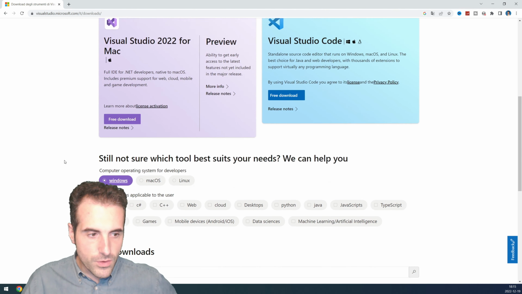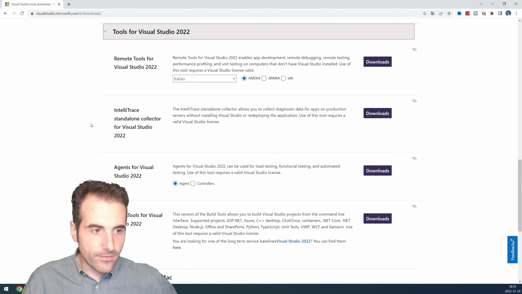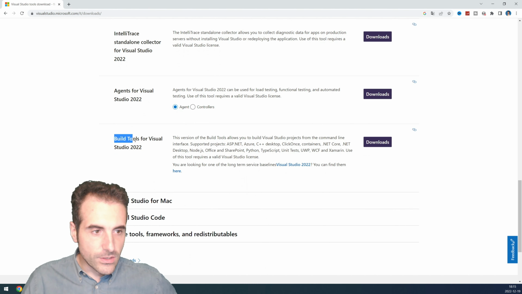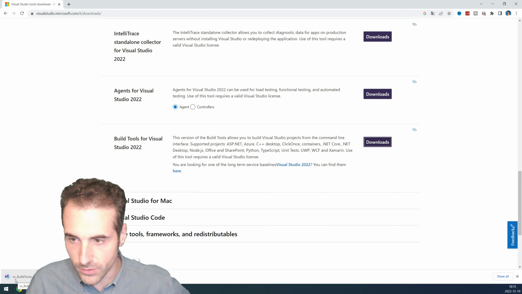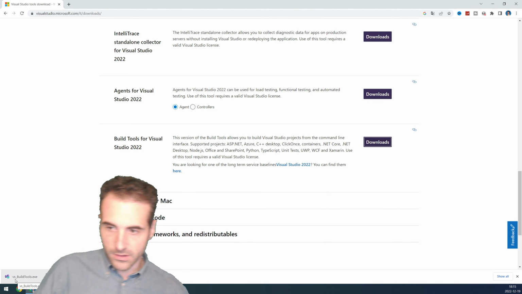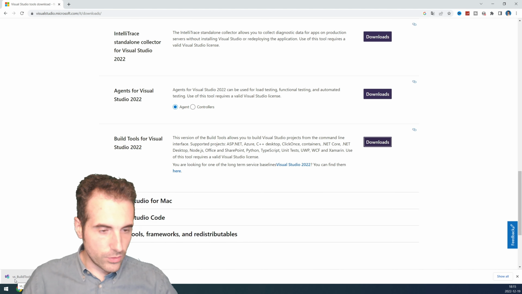If you go down, you have the tools for Visual Studio 2022. Here you have the build tools for Visual Studio 2022, and you click on this download. And you should have a vs build tools.exe right here. Good. So you can open it,